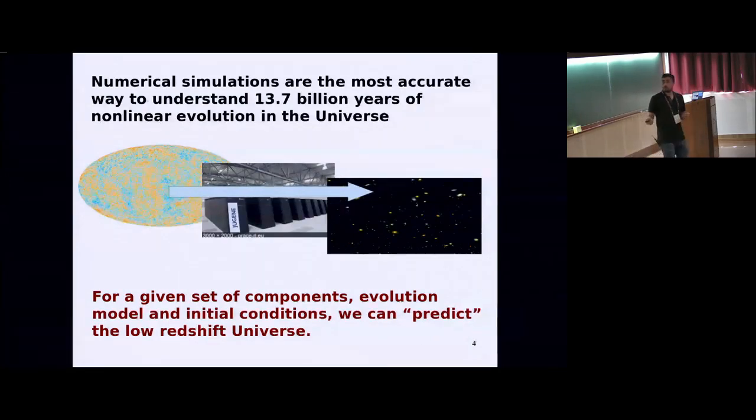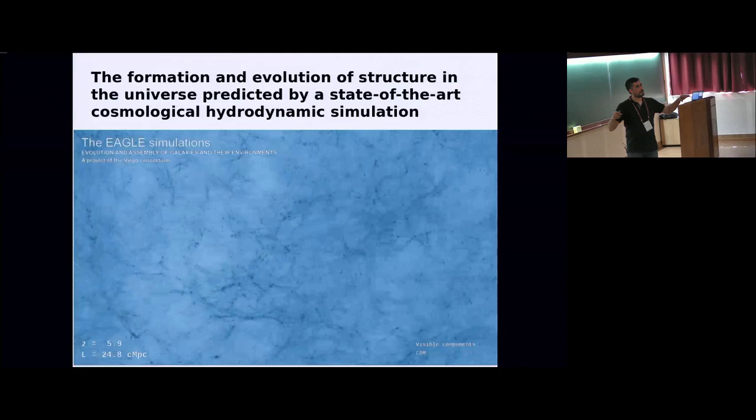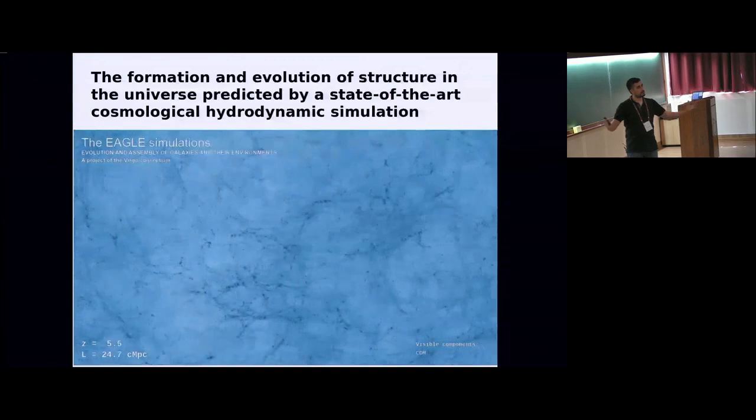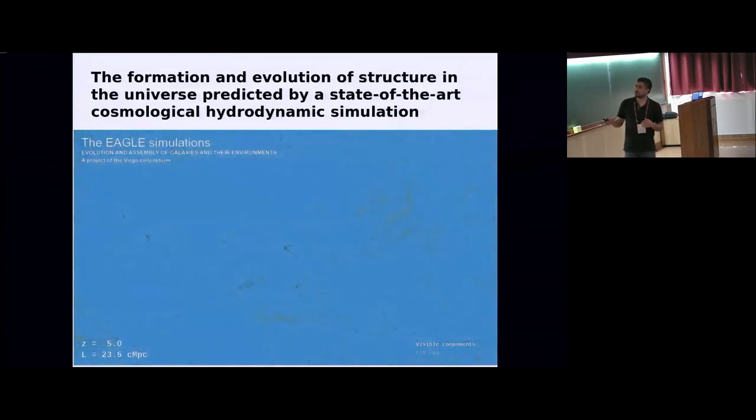So now for a given set of components and a model for the evolution, we can predict what the low redshift universe should look like. And this is the evolution of the universe as predicted by one of the state-of-the-art simulations, the Eagle runs. We see that the universe initially was very homogeneous. There were these tiny fluctuations that, because of gravity, start growing, and you see that at high redshift, they start forming